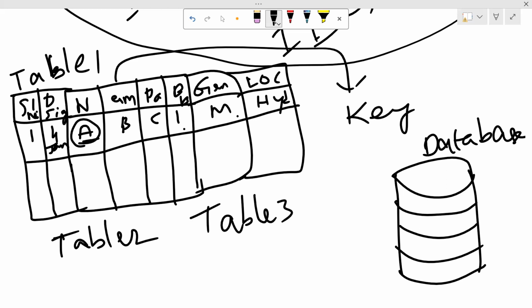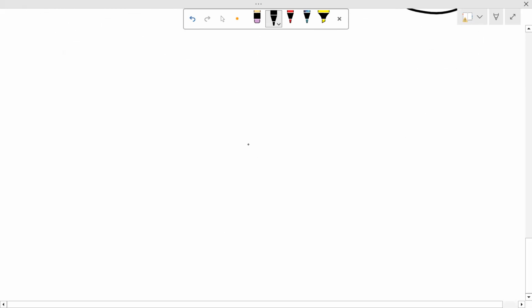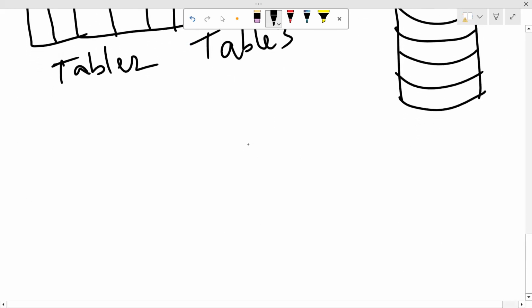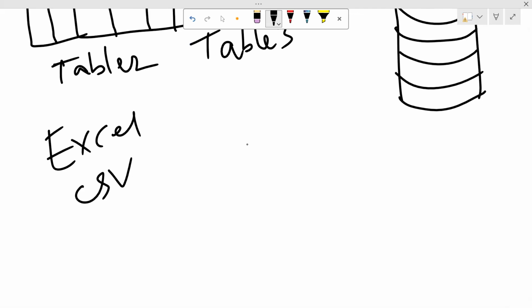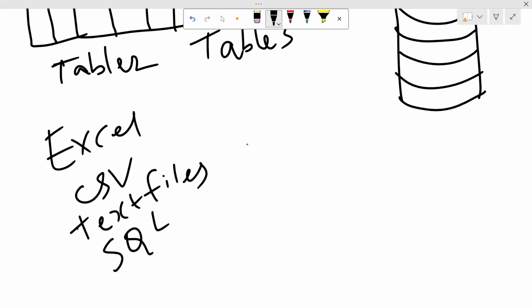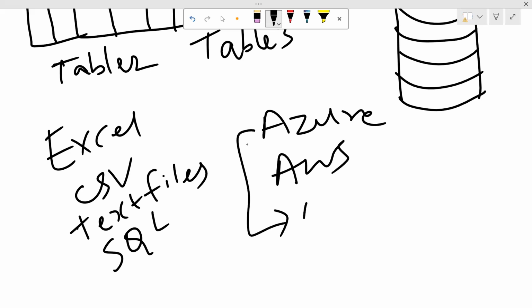So mostly we will be handling the data with these databases, and there are multiple databases. Among them, heterogeneous databases are there. They are like Excel, CSV files, and the local text files. And also you will have some local files like SQL files. And when you move to cloud, you have Azure files, you have AWS, and in Azure also you have multiple things like Azure Data